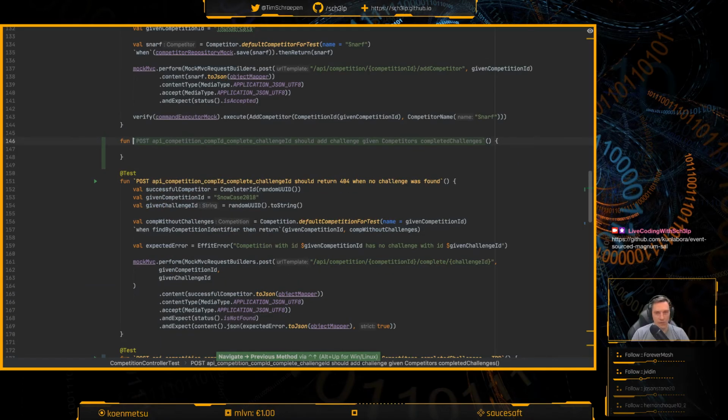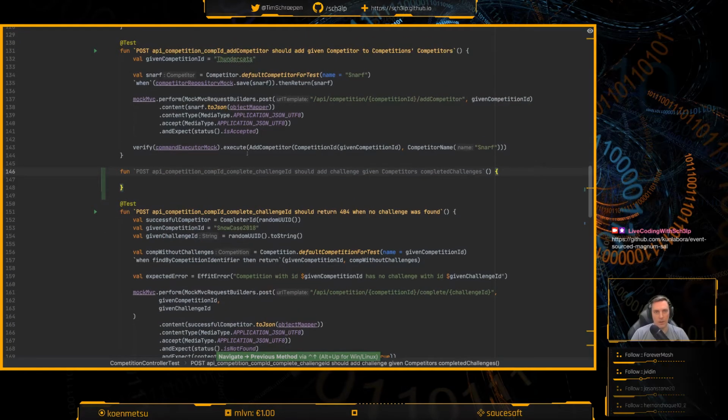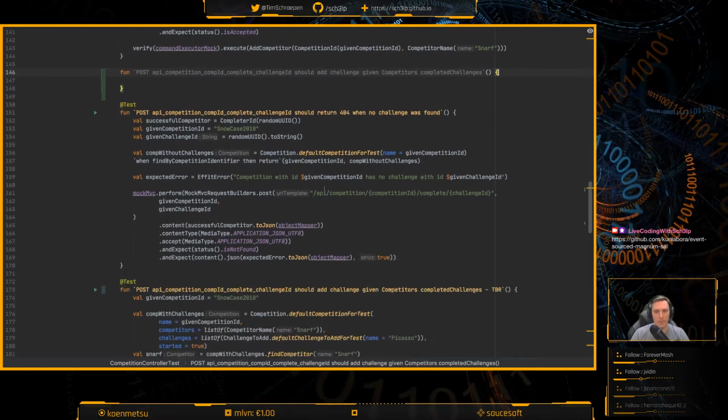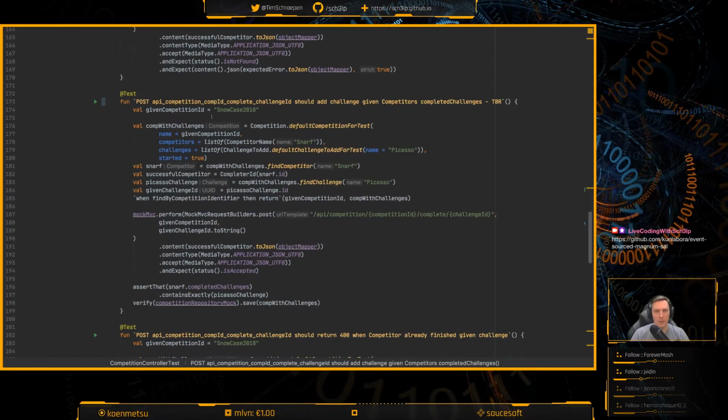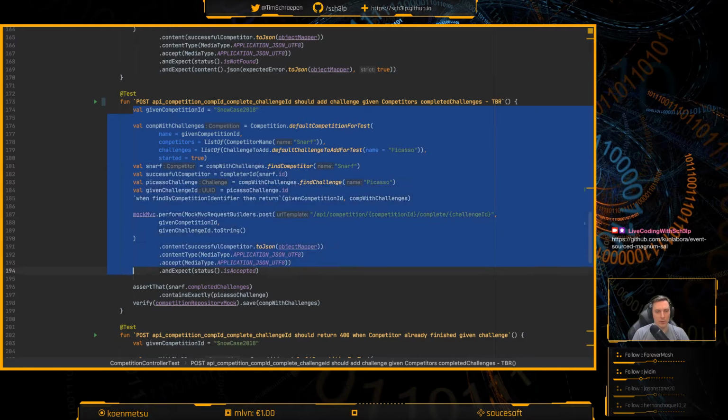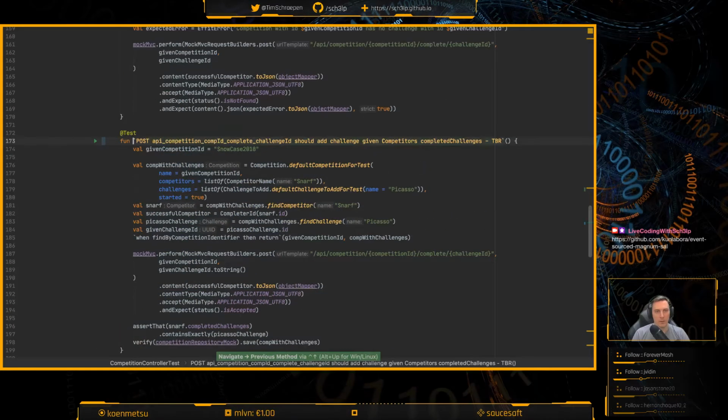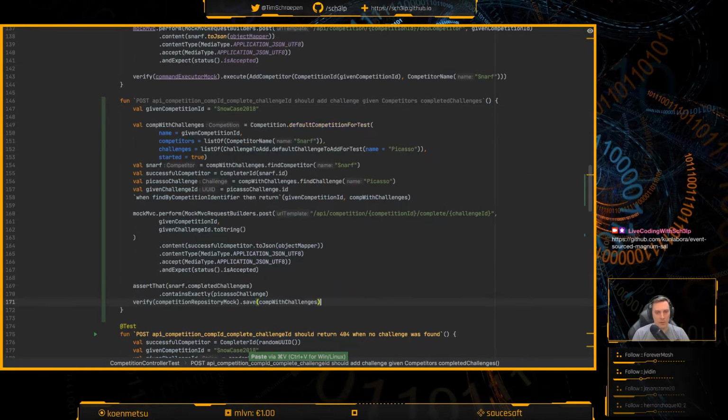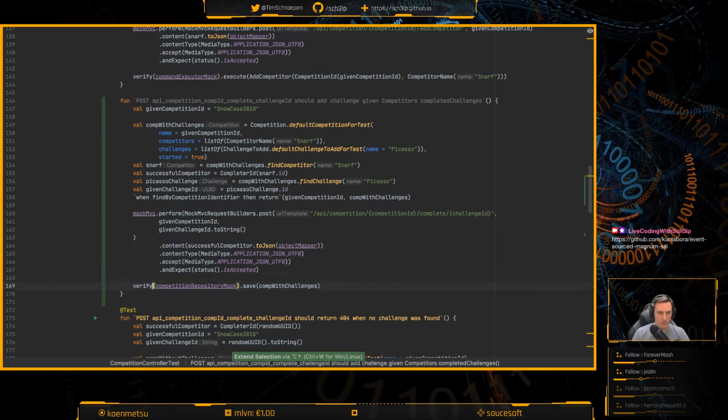By the way, if any questions, just feel free to ask. Let's make it so that it'll return something. I won't be needing all of that. I'll just need to verify in the end that the command executor, this one, is executed with a new complete challenge command.